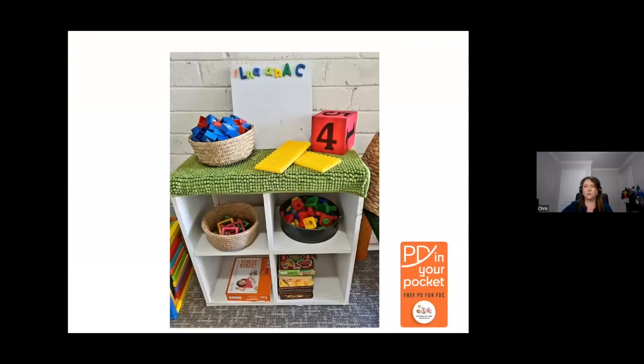So let's have a look at some more storage. This little cupboard definitely empowers children. With its open shelves, it invites children to come and choose what they want to play with. Looking at the use of colours, you could change the mat that's on there and put some cultural material. You could soften it a little bit. You could put a rug in front of it. But I do love the way that it invites children to come and play and explore. And the equipment that's there is in beautiful tubs, and really invites children to come and see what's there and explore before they play.